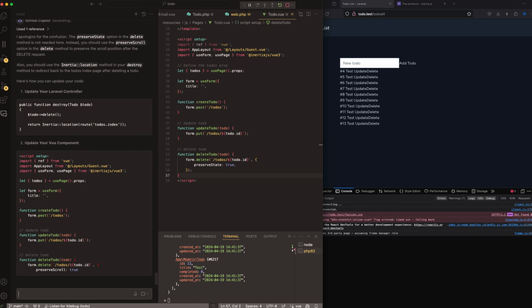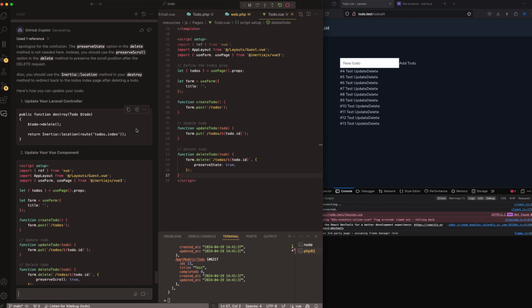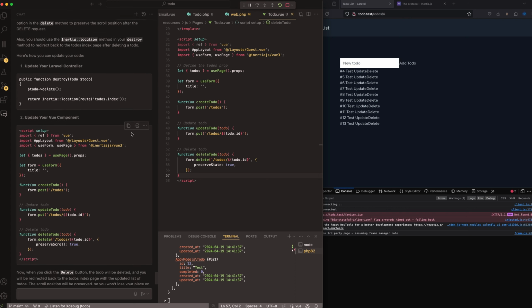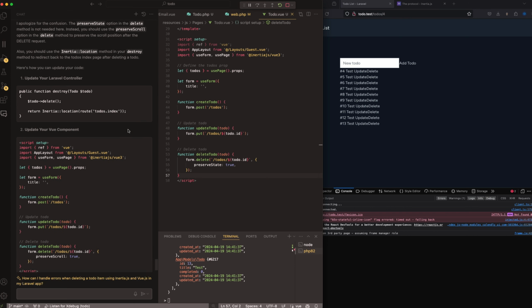Delete. Oh, let's see if that works. Oh, that's interesting. This is really not good, but whatever. Preserve scroll. We already got. This is basically really bad, but again,